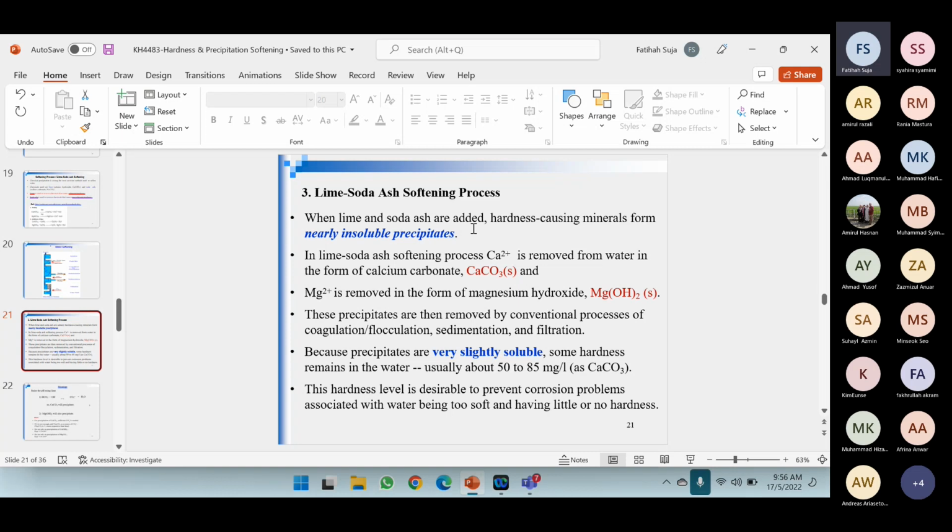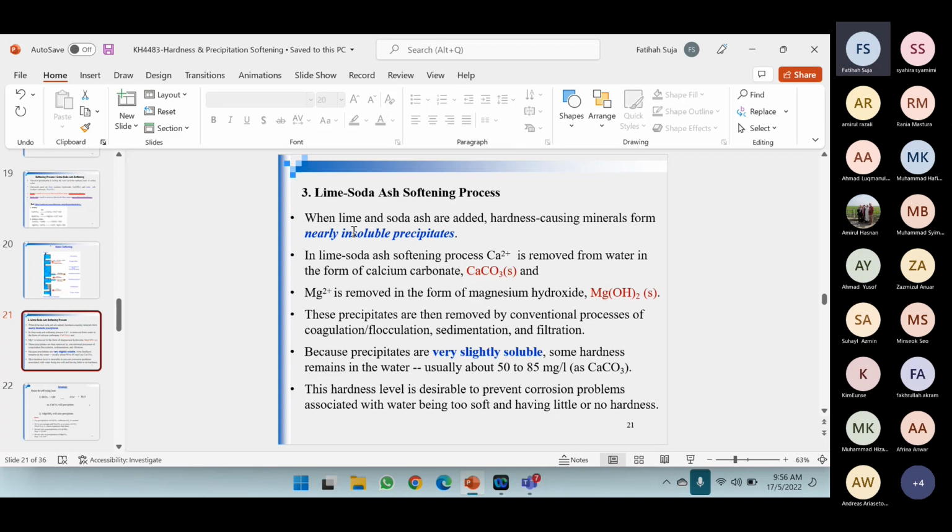When lime and soda ash are added, hardness-causing minerals form nearly insoluble precipitates. You see why they say nearly. Nearly meaning not all of the calcium and magnesium will form precipitate, but most of them will. So you will leave some behind,